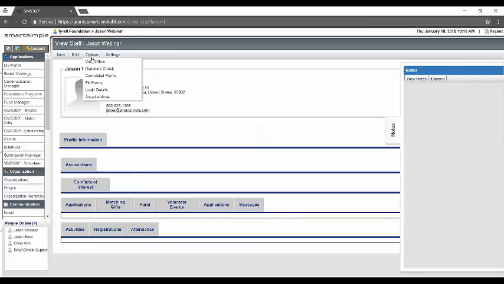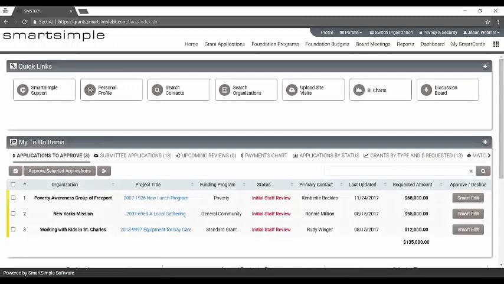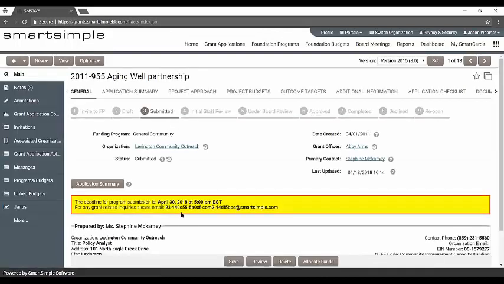Just give me one second so I can get it back to a familiar view for you. Okay, so here you can see Jason, as a reviewer, has a section on his portal for submitted applications. If we go there, you see that Stefan's application is now showing up. So if we click that and enter this application,